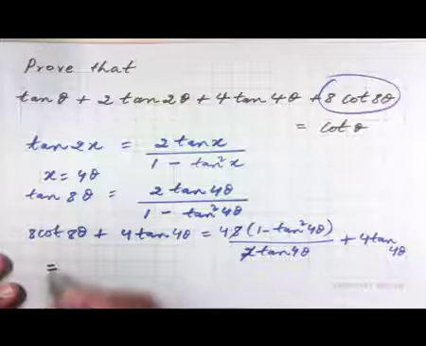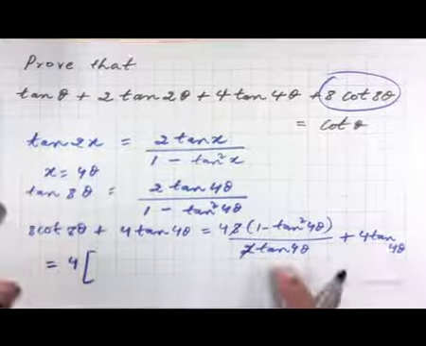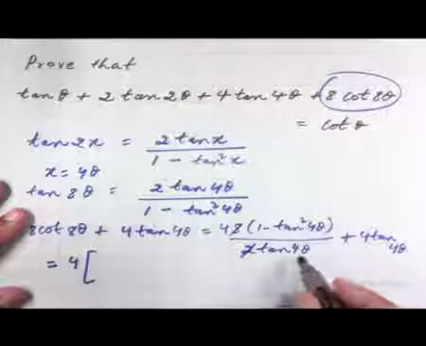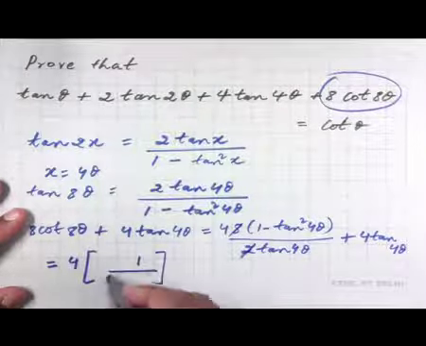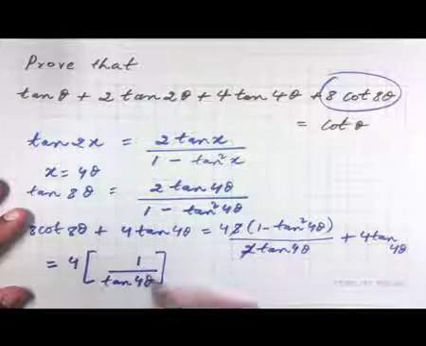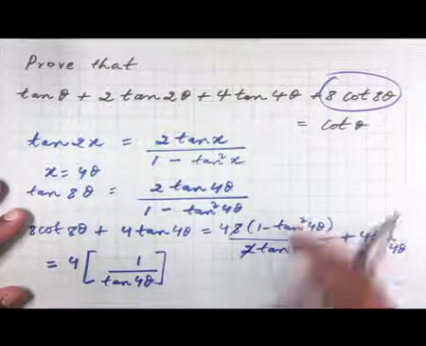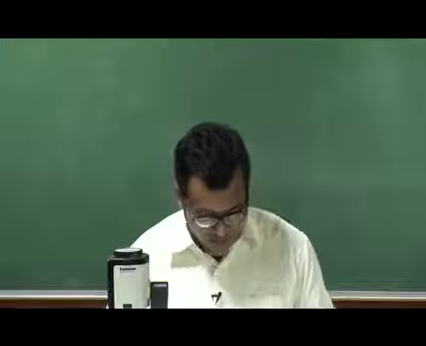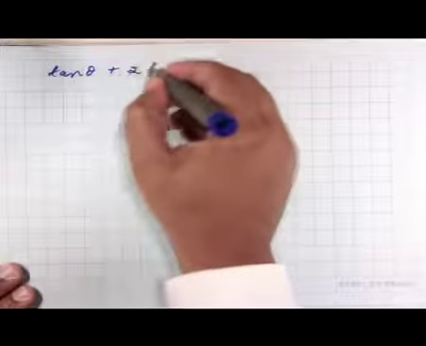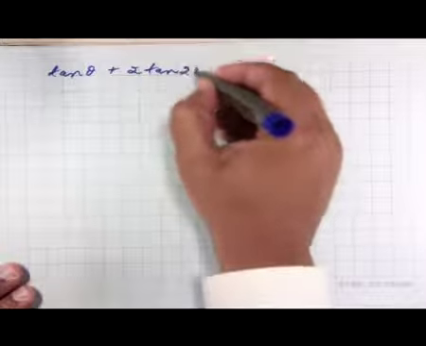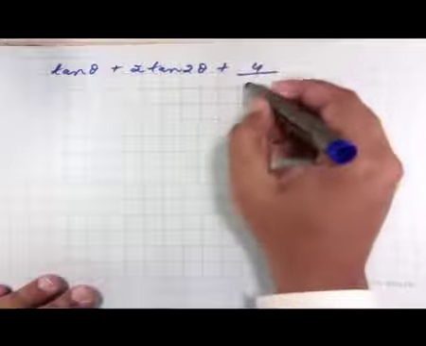So, that is equal to 4 times, because we have 4 here and here also, and we simplify it. So this becomes 1 upon tan 4 theta, because tan 4 theta times tan 4 theta is tan square 4 theta, that gets cancelled with this minus tan square 4 theta here. So, the left hand side now reduces to tan of theta plus 2 times tan 2 theta, and then plus 4 by tan,